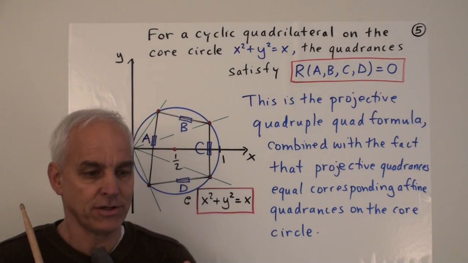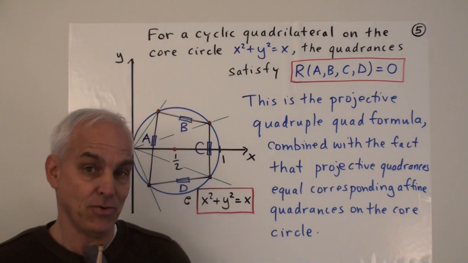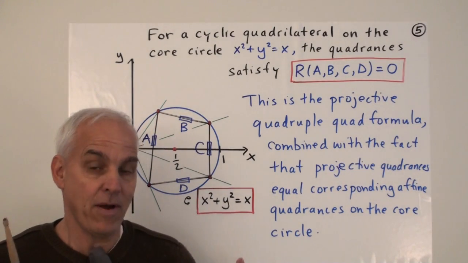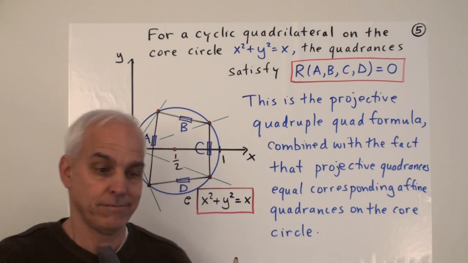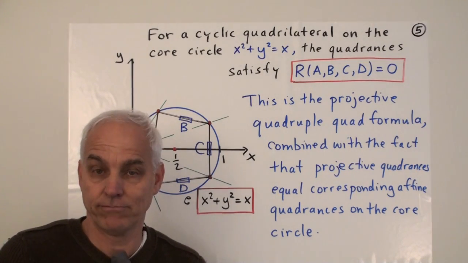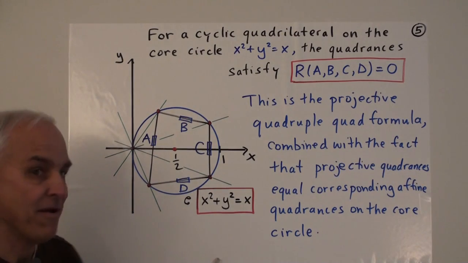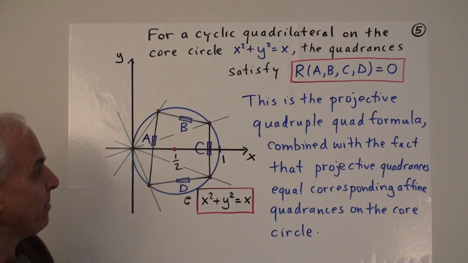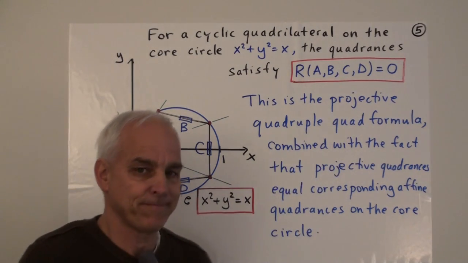One that we could, first of all, generalize to arbitrary fields and to other geometries like the red geometry, and one that we could actually verify completely by doing finite ordinary high school arithmetic on specific examples. Okay, so it turns out that the key formula that we're going to need is one that we're pretty familiar with, but a rather imposing one. It's the projective quadruple quad formula.